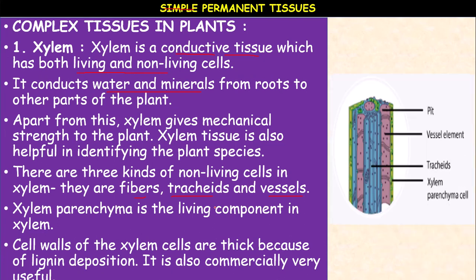Okay, children. If you take the elements of xylem, xylem performs the function of transport of water or sap inside the plant and also provides mechanical strength. It consists of both living and non-living components. It consists of mainly three non-living components. What are they? Xylem tracheids, xylem vessels, and also xylem fibers, these three.